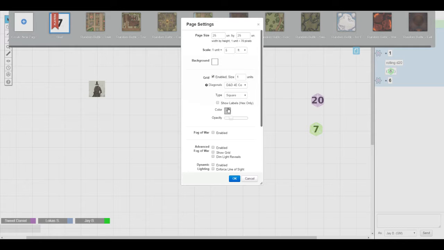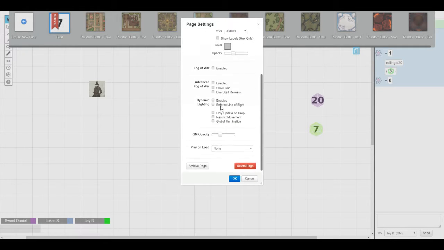Then there's a bunch of advanced options, including Fog of War, which